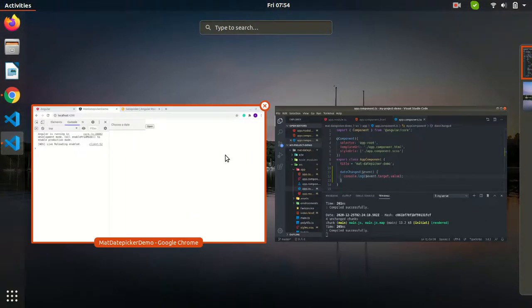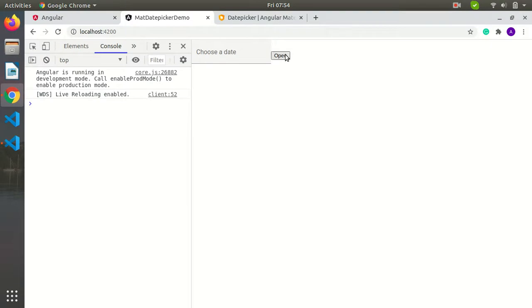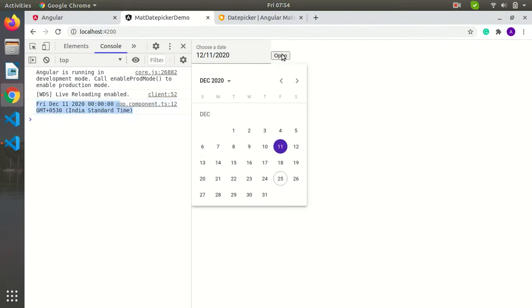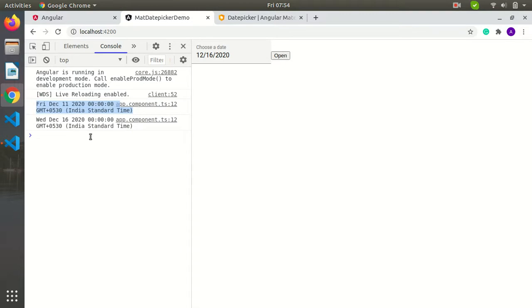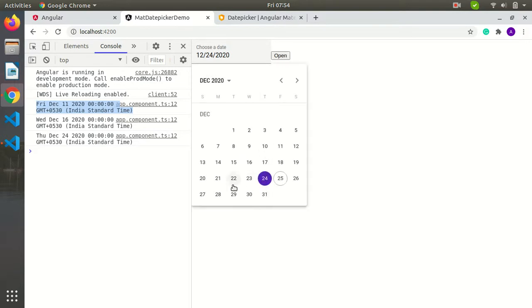Okay, so we have logged. Now I'm going to select, yes, we have got the date we have selected in the calendar. I'm going to change it. It is going to change. You can simply see the changed values are getting logged into the console.